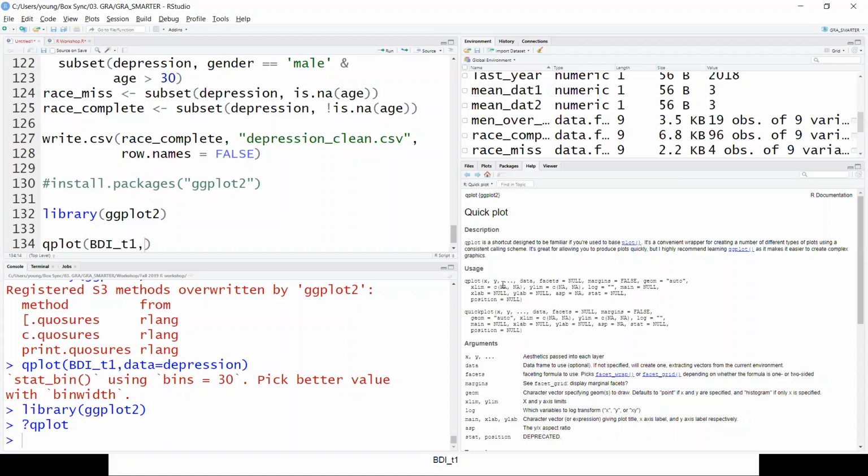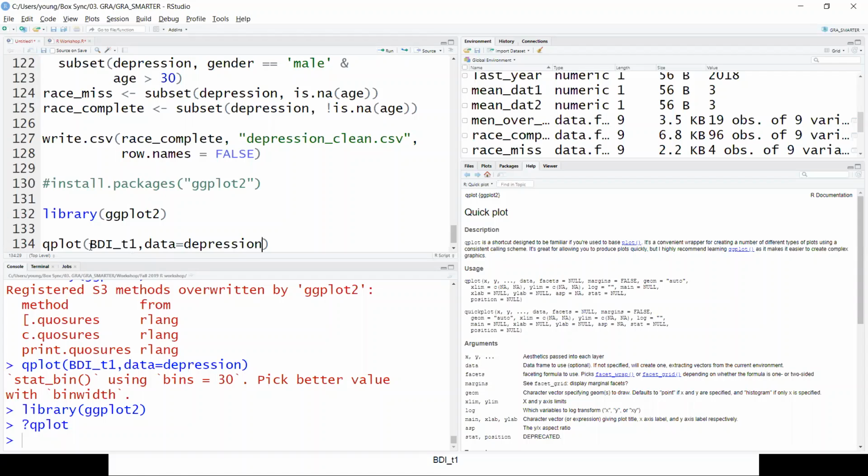Anyway, so it tells you can put in an X variable and a Y variable and other stuff, data, and it explains what to do. But we only have one variable, an X variable. So the X variable along the X-axis will be BDIT1, and we're calling it from the data set of depression, right?